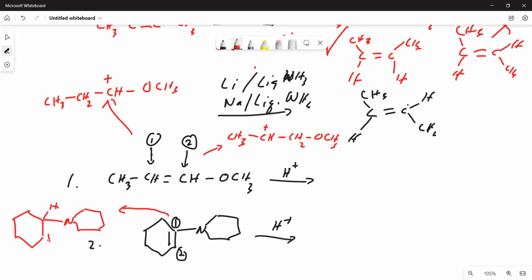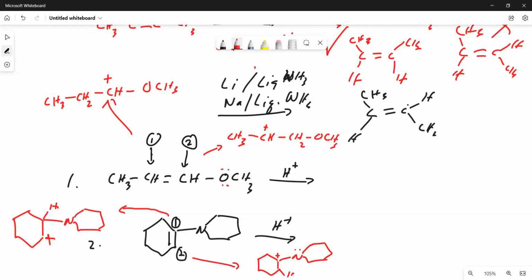And you will have the positive here, carbonium. If you attach the electrophile here, you will have the hydrogen here, the carbonium will be here, and you have the nitrogen. Okay. So, number 1, where do you think will be the attachment of the electrophile as indicated by the 2 intermediates? Where do you think will be the electrophile attached?